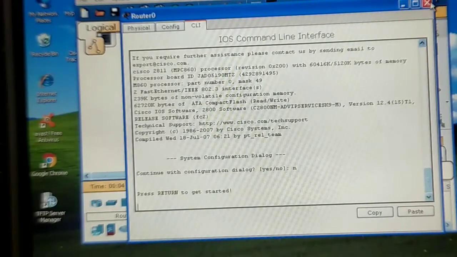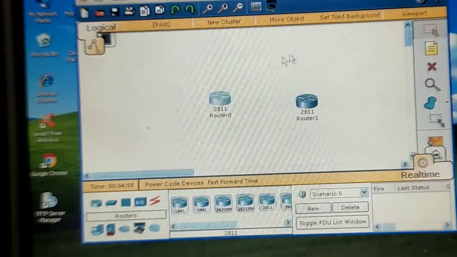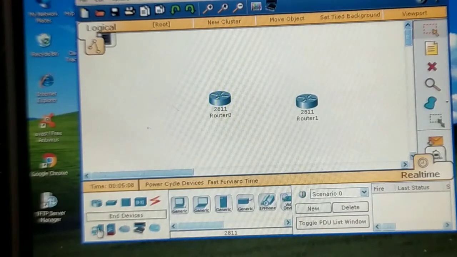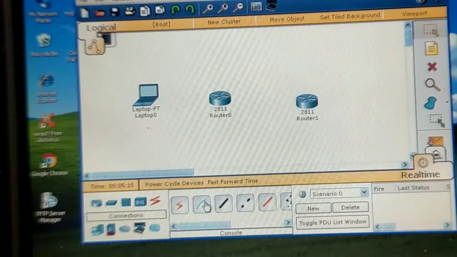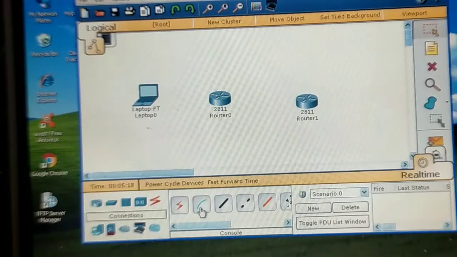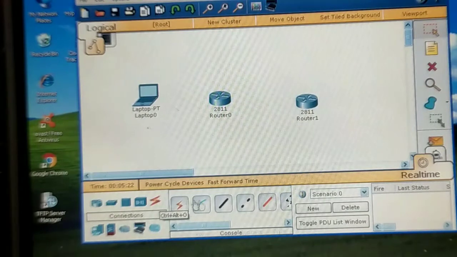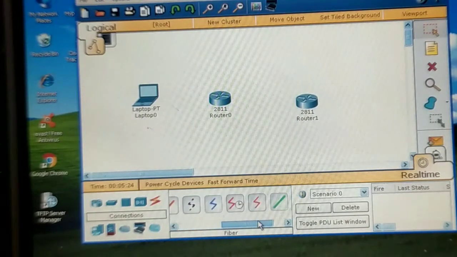And when you talk about the real router, then you cannot simply double click on that router and go into the CLI. So in case of Packet Tracer, if you want a very real simulation, then what you have to do is to just select an end device. Let's say I am selecting this laptop, and then I am connecting this laptop with the help of this console cable. This blue cable is the console cable. You can find the cables from this tab, and these are the different types of cables over here.